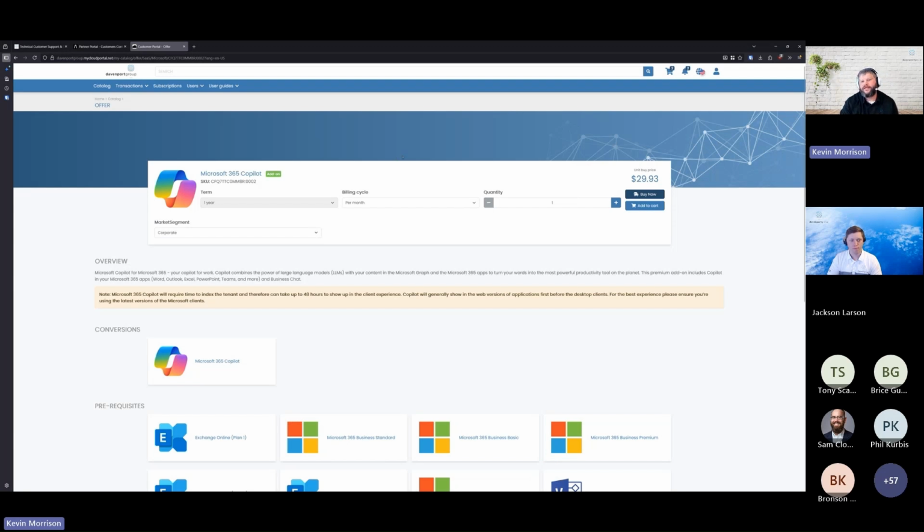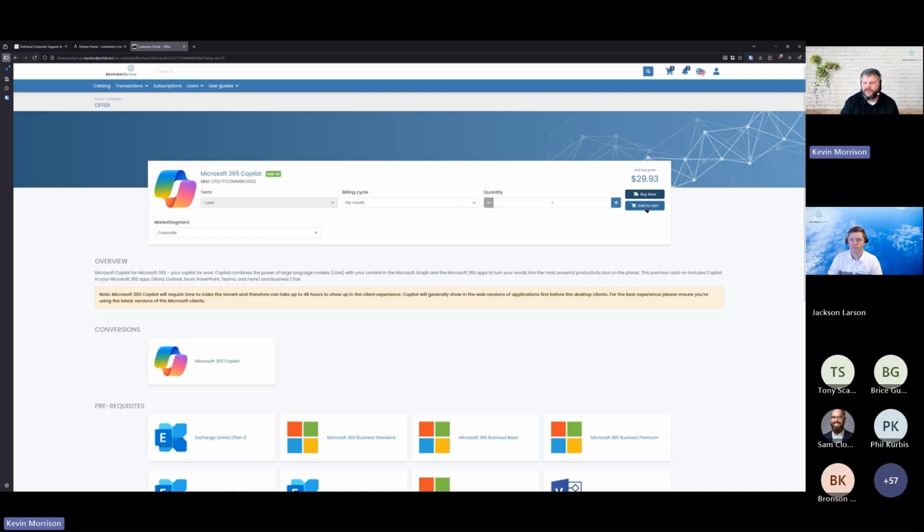Basically, it is what allows Copilot implementation or integration with your desktop apps like Word, PowerPoint, Excel, I don't know if it's in Visio, but there are a couple of other ones where you'll be able to use Copilot inside of the apps. Oh, it says it right here: Word, Excel, Outlook, PowerPoint, Teams, and more. Business chat. So that's what gives you access to cloud.microsoft or copilot.cloud.microsoft.com for access to the large language model chat agent.